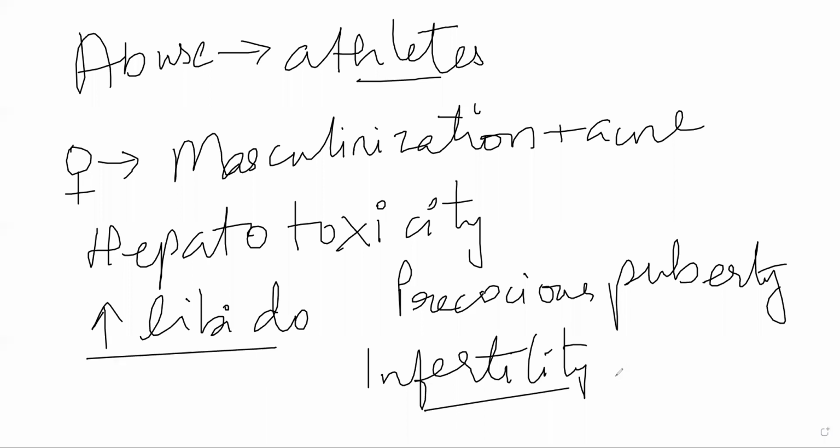Now, generally speaking, other than catabolic state, senile osteoporosis, and other than abuse, you'll also find certain individuals, generally men, who will have to take what you call anabolic steroids. For example, let's suppose they are younger people, but they have lower amounts of testosterone. Naturally produced testosterone is very low, and it is adversely affecting their health. Just like how estrogen is very important for a lady to function properly, a lot of important functions in their body are governed by estrogen. The same way, a lot of important functions in a man are governed by their testosterone levels. So if testosterone levels are low, it can create problems.